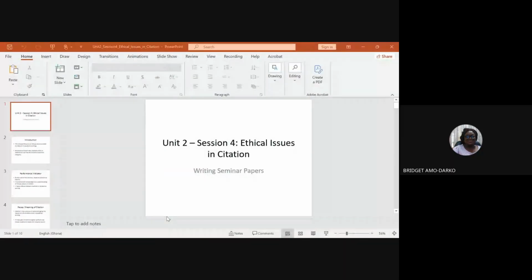Madam, I've learned that citation is a way of showing where we get our information from. Okay. Who else? And to avoid being sued to court, when you are doing citation, you have to mention the author or the name of the person you are citing. Okay. We call it academic excellence. Okay, who else?